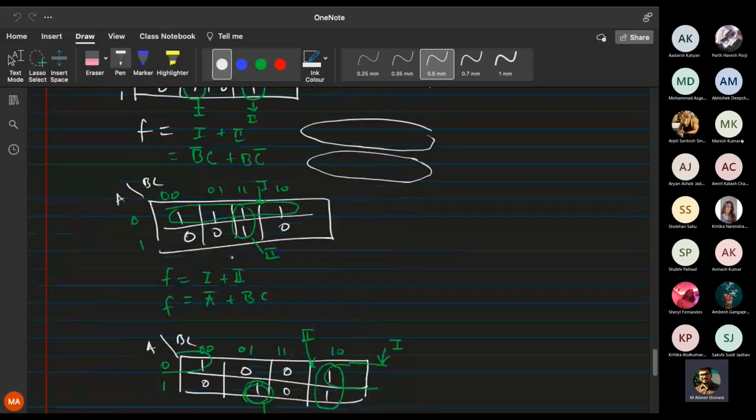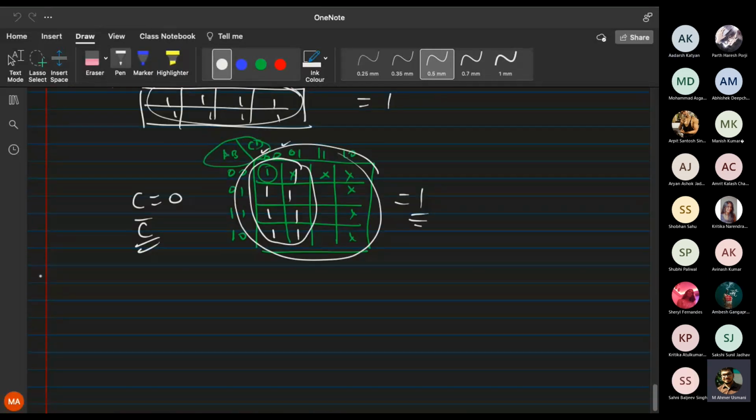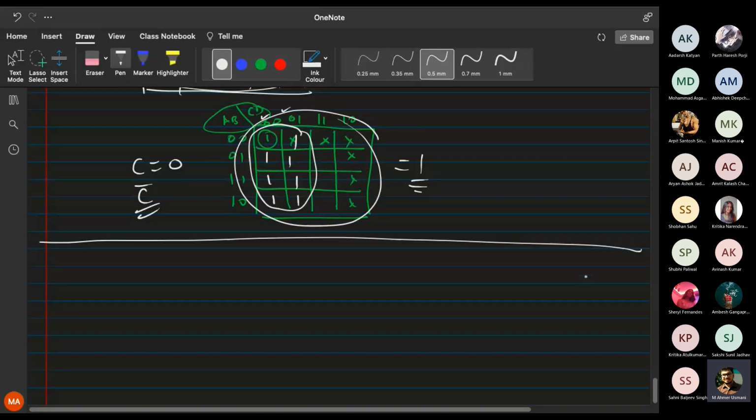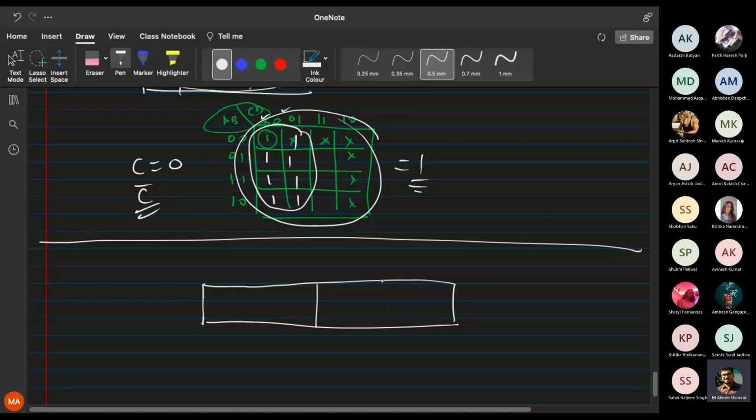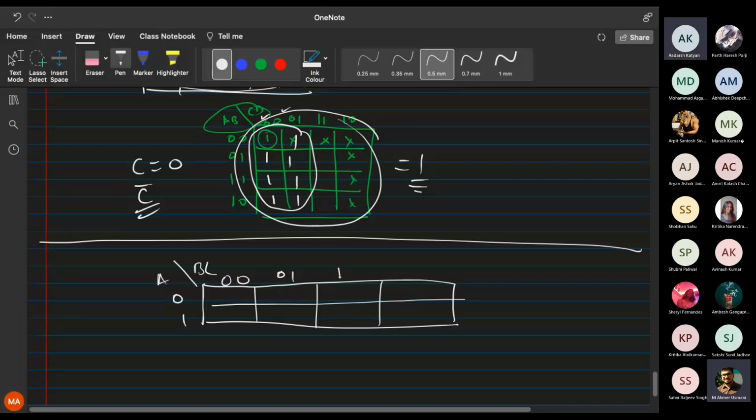So let's do one final example and then we'll start with the next topic. Okay. So do you remember that or not? I will just monitor that. Okay. So I'm making a 2x4 matrix. So we have A, we have BC, 0 1, we have 0 0 0 1. Then we have 1 0 1 1 and then 1 1 0. 1. 1 1 and 1 0. Okay. So 0 1 0 0 1 1 1 0.